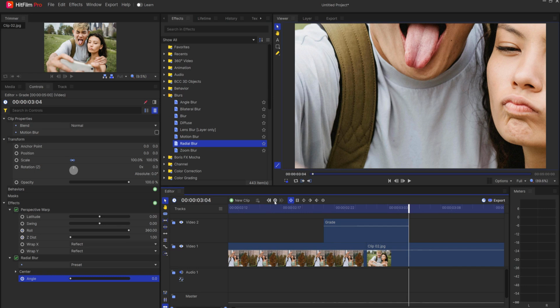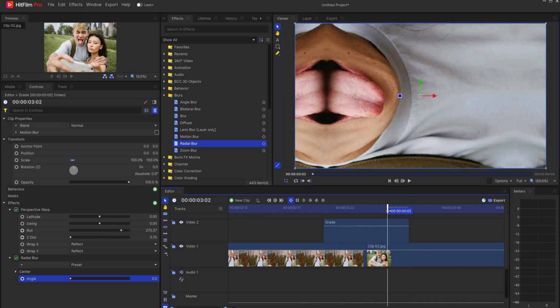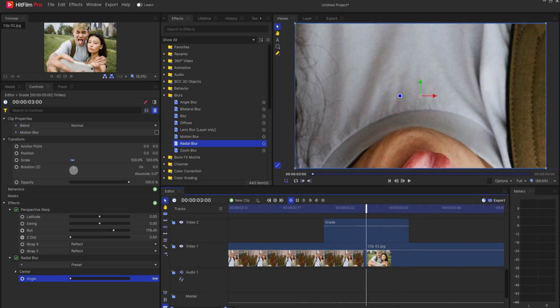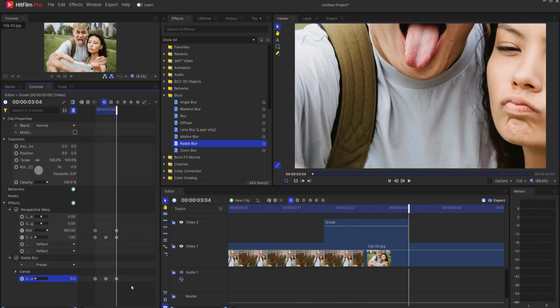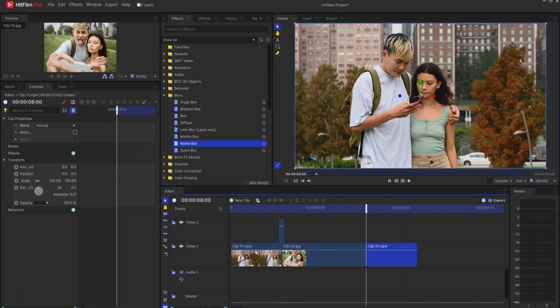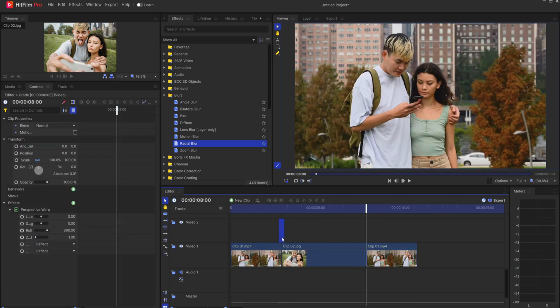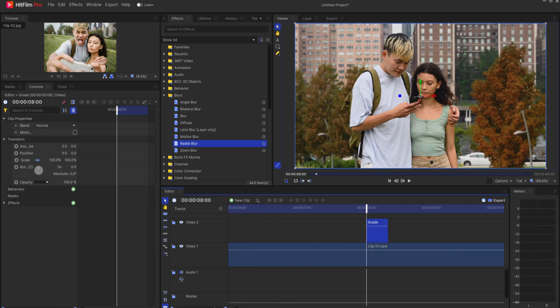Now move to the end and do the same. Finally, move to the middle and set the angle property to about 15. Again, highlight all 3 keyframes and change them to manual Bezier. That's it! To use this transition multiple times, simply copy the transition grade layer and place it elsewhere on the